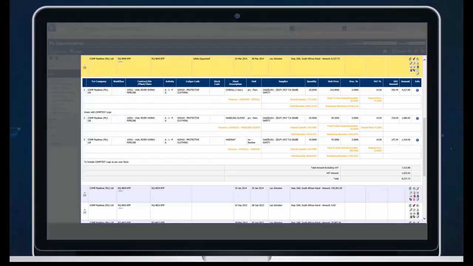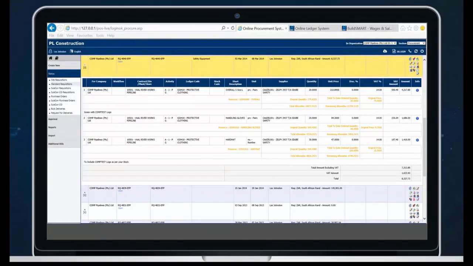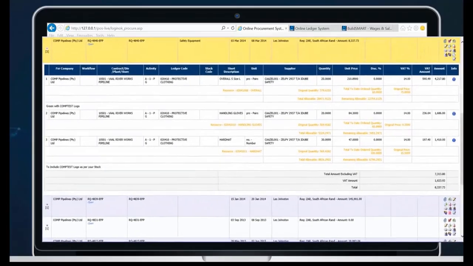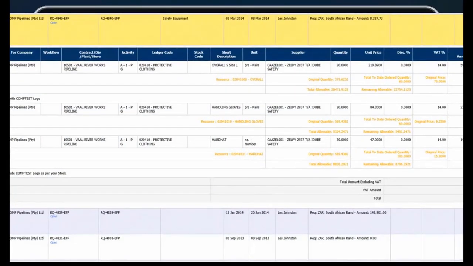And here's an example of that. So this is our BuildSmart system. We have the seamless link or upload of our resource budget from Candy into BuildSmart. And the buyer then has this information available. When they create a requisition, you'll see that all the text in yellow is your budgeted quantity. So here you've got hard hats. Budgeted quantity is 569, and at this stage you've purchased 30. So that gives us that upfront control.